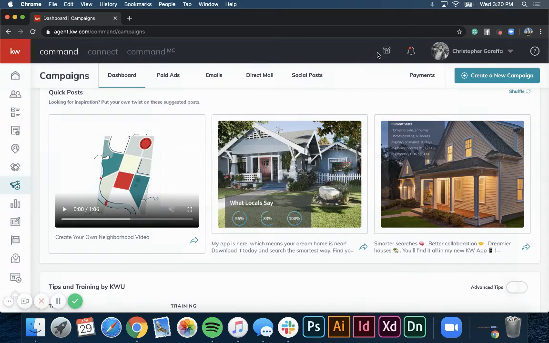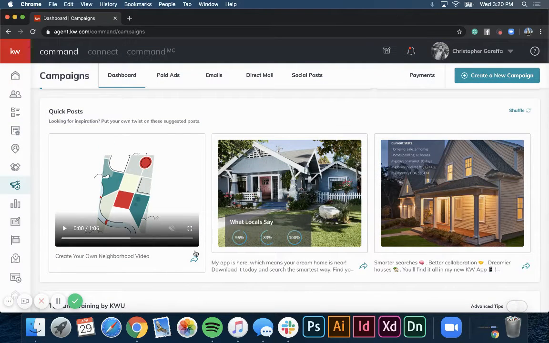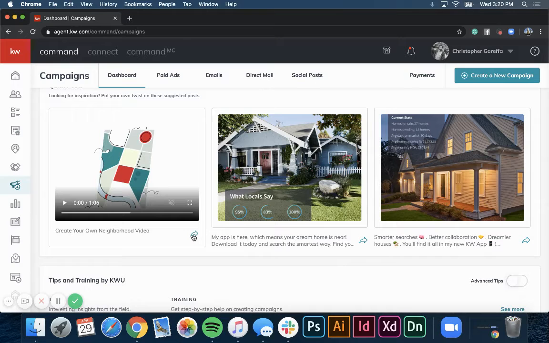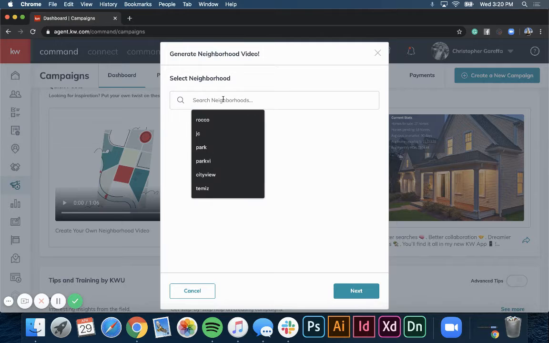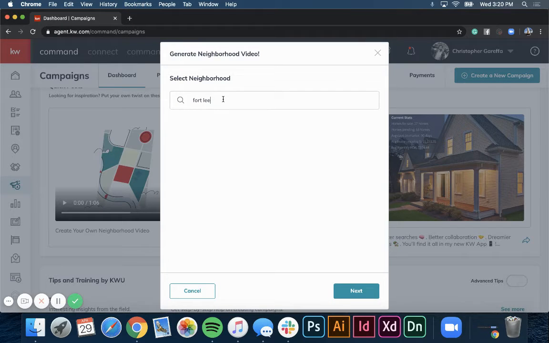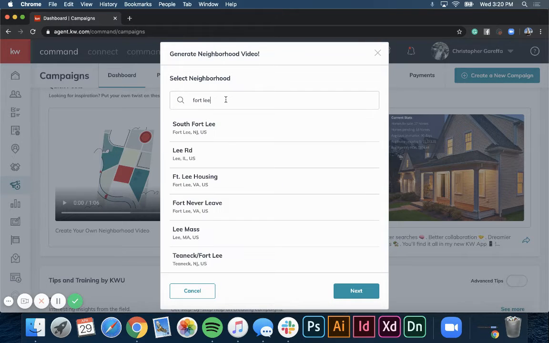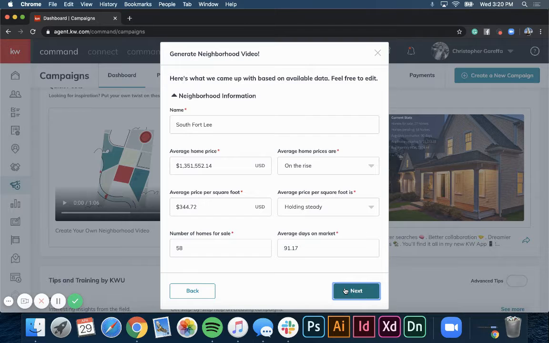One other thing that they also added in here was the neighborhood videos. And the neighborhood videos can also be accessed from here. This is going to be something related to neighborhood searches. So I might just use Fort Lee as an example here. And then I'll just use, let's do South Fort Lee. We'll hit next. And then what it's going to do, it's going to give me some of the average price, home prices,